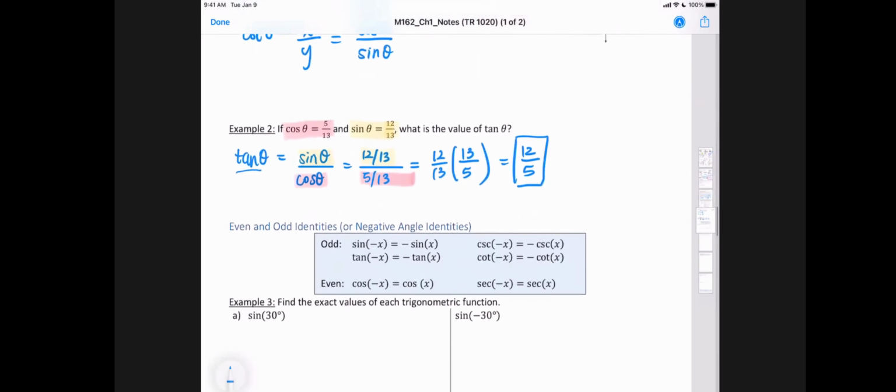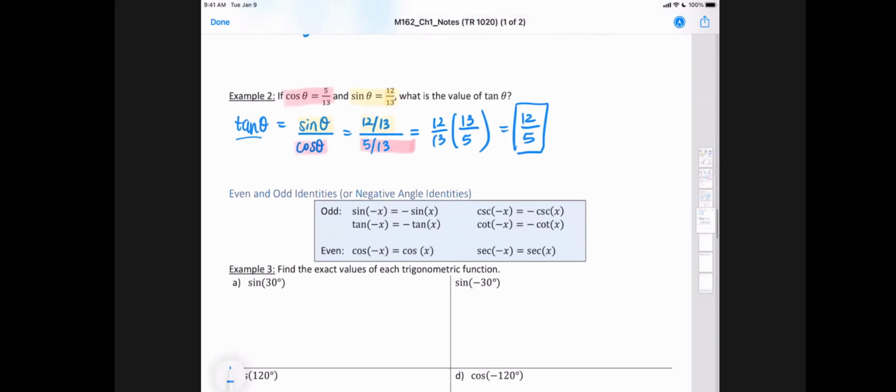All right, so our next set of identities is called the even and odd identities, or another way, like you might see it in the homework, it's called the negative angle identities. And here they are in the box. And what it says is like,